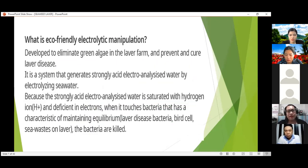So, what is eco-friendly electrolytic manipulation? It is to develop to eliminate green algae in the Laver farm and prevent and cure Laver disease. It is a system that generates strongly acid electroanalyzed water by electrolyzing seawater. Because the strongly acid electroanalyzed water is saturated with hydrogen ions and deficient in electrons. So when it touches bacteria that has a characteristic of maintaining equilibrium, Laver disease bacteria, bird cell, and sea waste